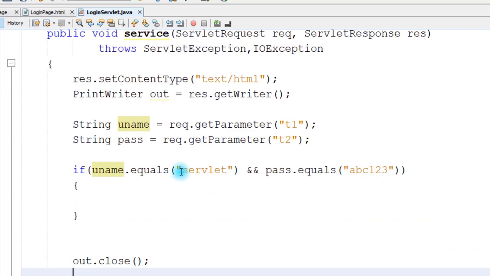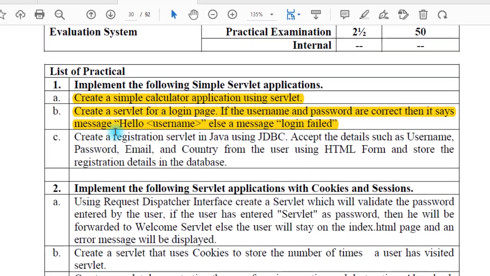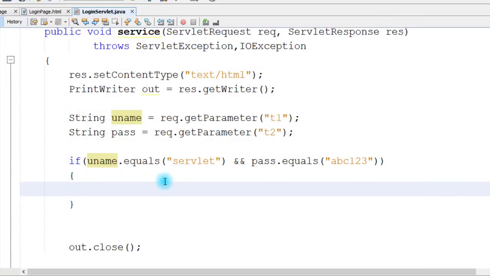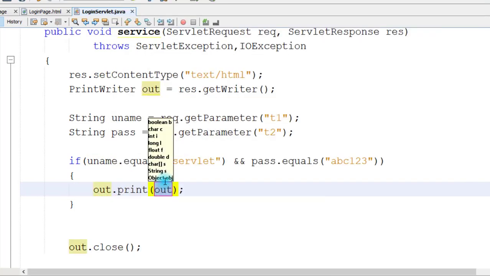When the user enters servlet as a username and ABC123 as a password, then as we can see here, we have to print hello and the username message. तो हम लोग क्या करेंगे यहाँ पे, we will write out.println.